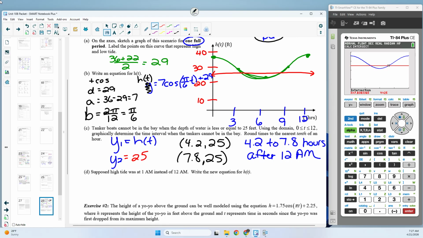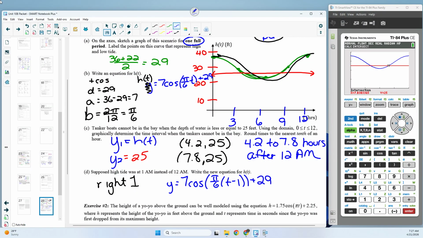But what happens if I actually wanted to graph this equation? So I wanted to start at 1 a.m. and everything was slightly over. So if I look at that, if I wanted to move my graph to become the black graph is the one I now want. I want it to be at 1 a.m. That's a shift right 1. So basically, I would take my cosine graph, keep it exactly the same, and if I want to go right 1, I'm going to do a t minus 1